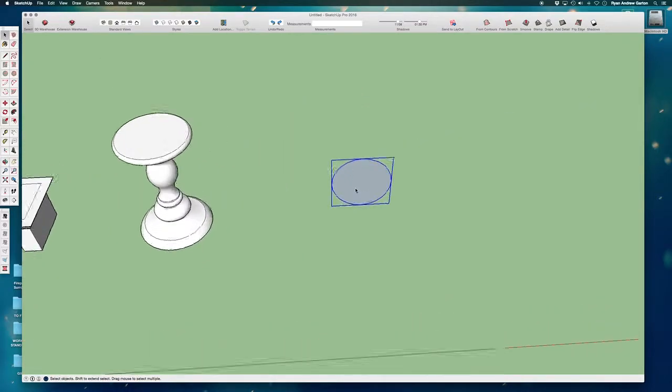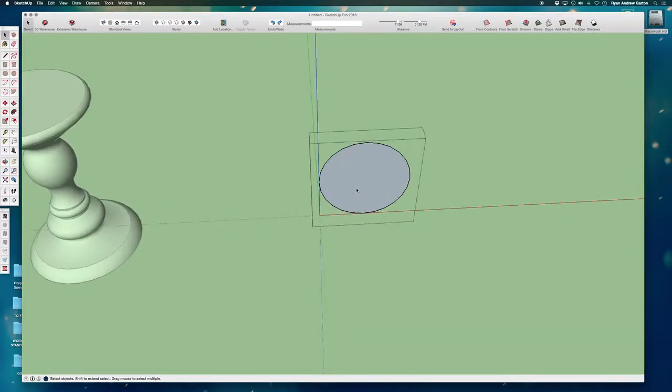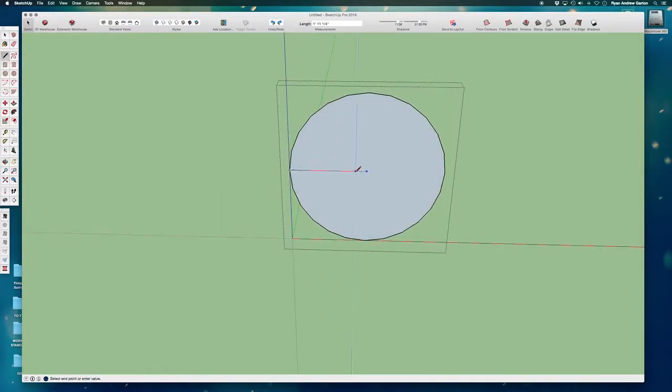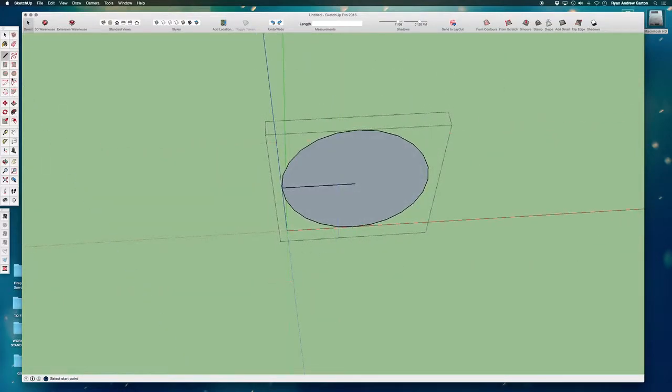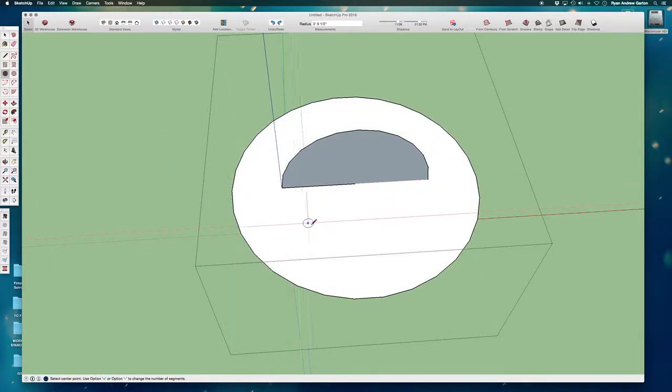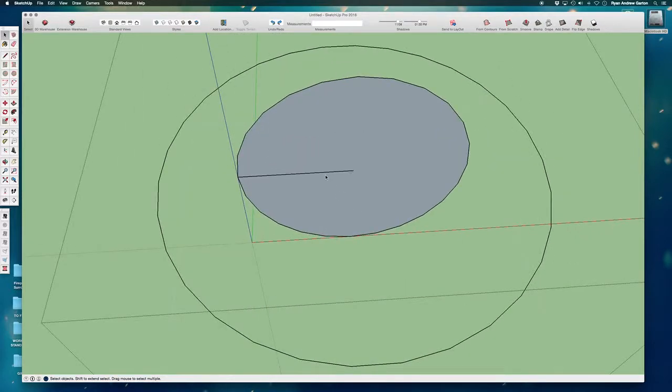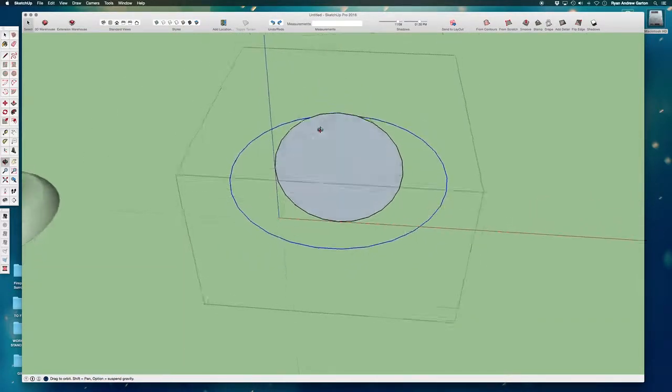Here's a final example using the circle again. Open this up, and I'm going to find the center of my circle. So I'm going to use that line tool to pop to the center point. Okay, now I'm going to use another circle, holding Shift down. I engage with that center point and I pull it out to any point that's bigger than the circle. And then I delete the face I don't need, I delete the line I don't need,